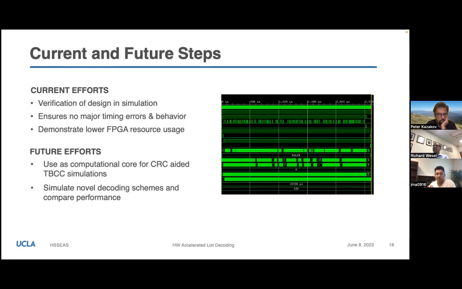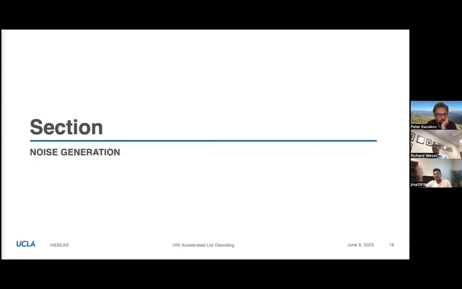Yeah, and so in the future, if this architecture works well and is efficient, we can use it as a computational core for these CRC-aided tail-biting convolutional codes in simulation, and we can also compare their performance to other codes that the group is simulating. So this next section was half of my work here. The other half was implementing a noise generator